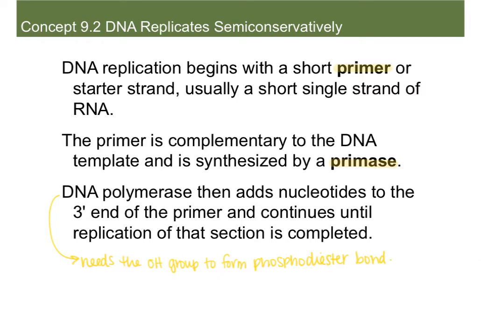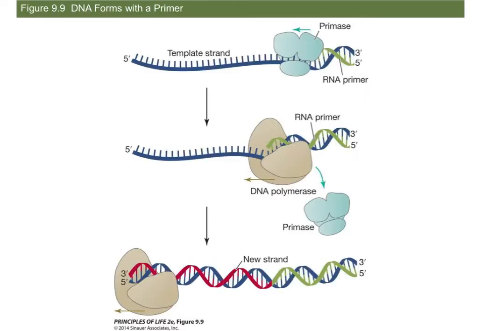Then it's going to continue doing this until the replication of that section is complete. So here you see that my primase has added a green primer. Then the primase is going to detach from the DNA, allowing DNA polymerase to bind to the DNA. Now it can add new nucleotides, starting with that 3' end of the new strand and moving along the DNA